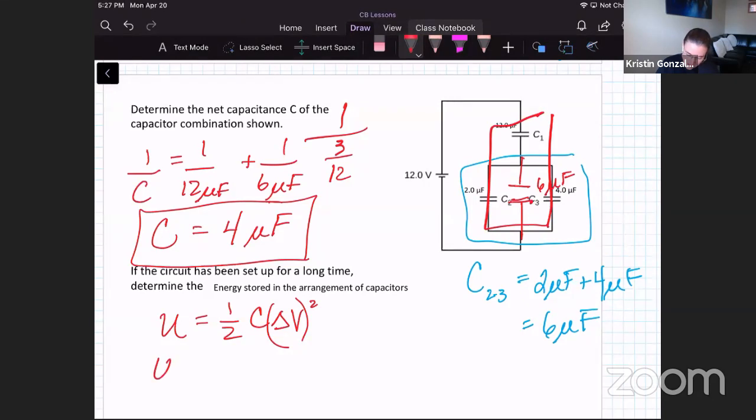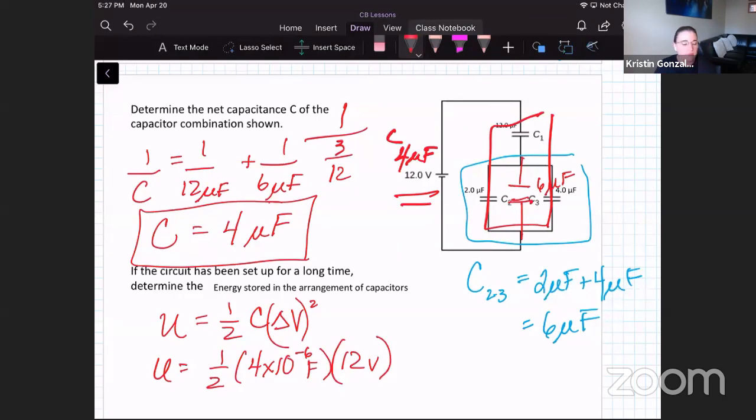But I can plug in then that this is using our equivalent of 4 and our potential difference of our battery. Now that we are actually plugging in, we've got to turn this into 4 microfarads is 4 times 10 to the negative 6 farads, times our potential difference of 12 volts. All right, if we calculate that out,